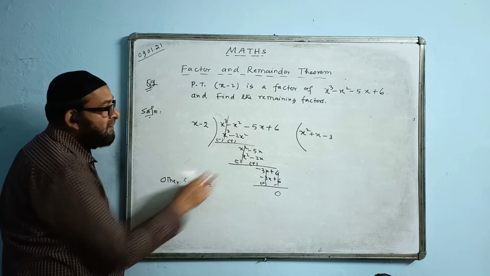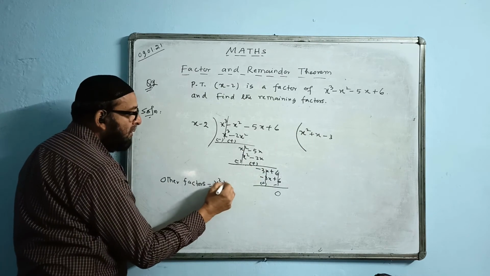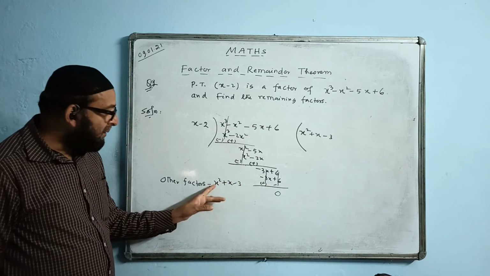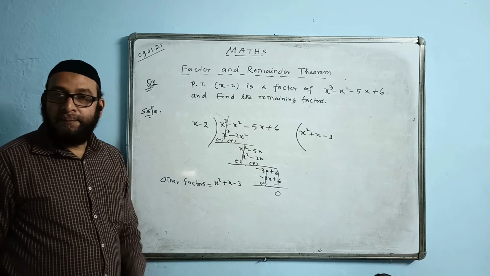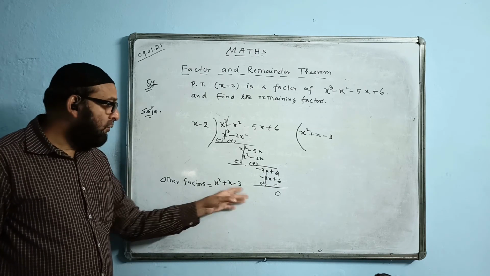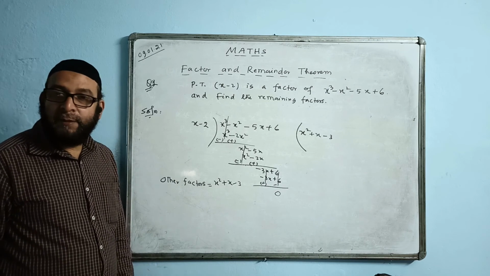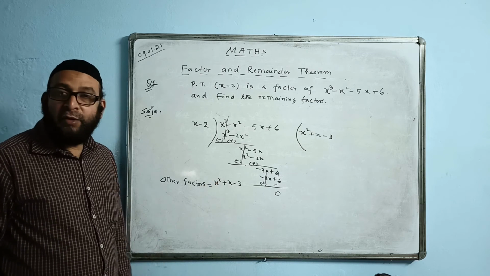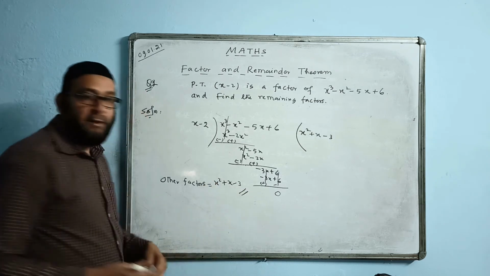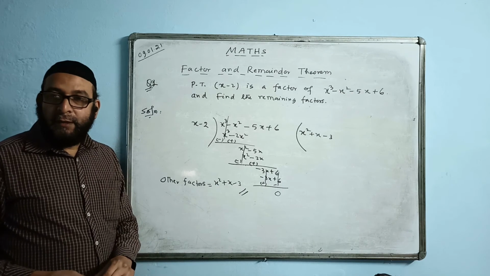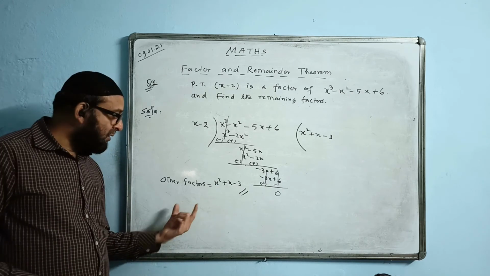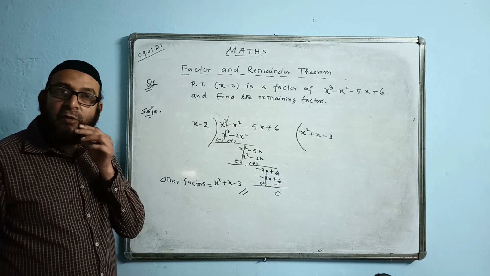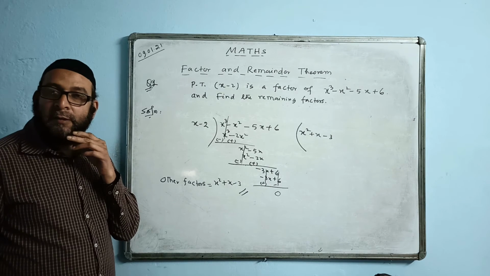Okay, the other factor is this one, right here: x square plus x minus 3. This is the value of the other factor. Now again we will see, can we factorize it by middle term breaking? Can we do the factorization like middle term or some product factor way? Product is 3, to get 1 we must break 3. If we cannot break, this only will become the answer. And if you are able to break, then you break it and you get 2 answers. This bracket and another bracket will come. If you are not able to break, this only becomes the answer.